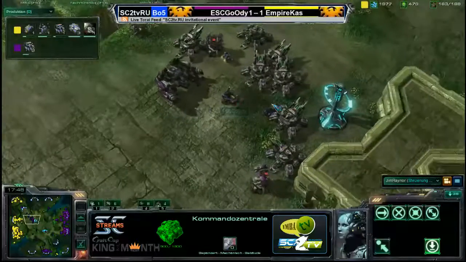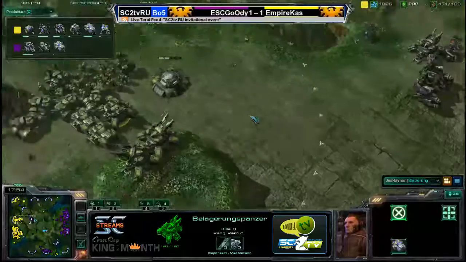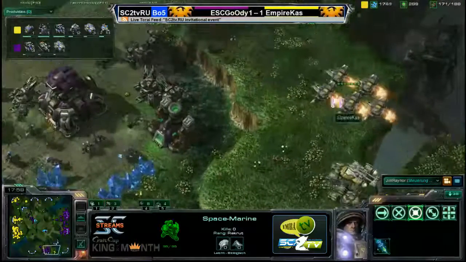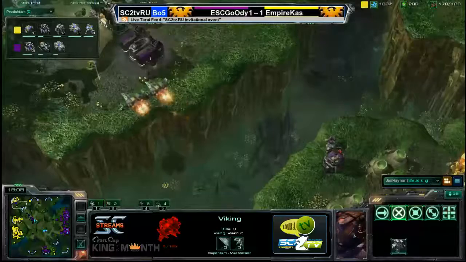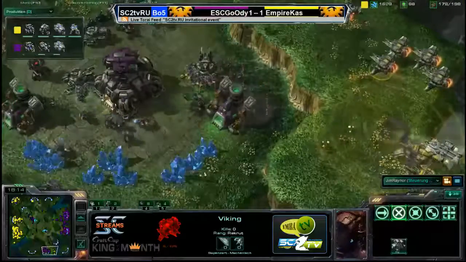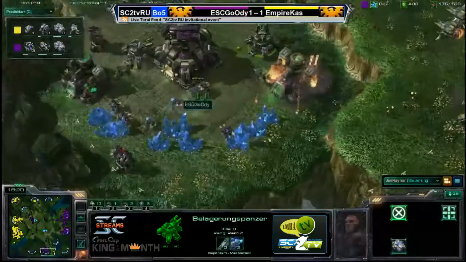Goody has got Kaz pinned down here, but it really looks impenetrable, the way Kaz has set up this defense here. And he has a barracks that's going up to the island, and he's trying to land it, but he's just going to find out that there's a base here. So this will be his first inclination that he is, well, not so much behind anymore, but we're looking at now 70 SCVs to 76 for